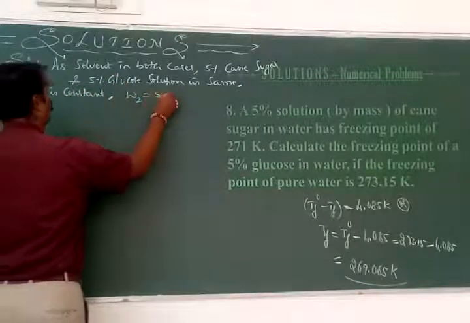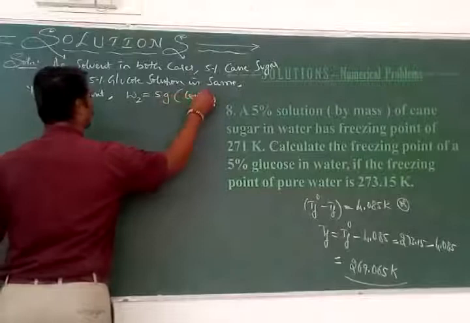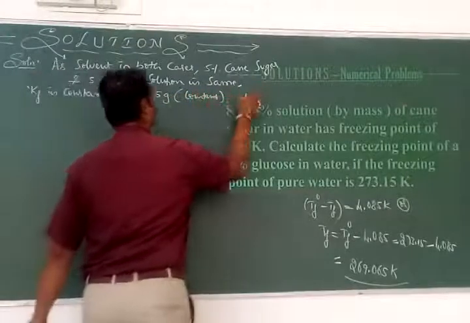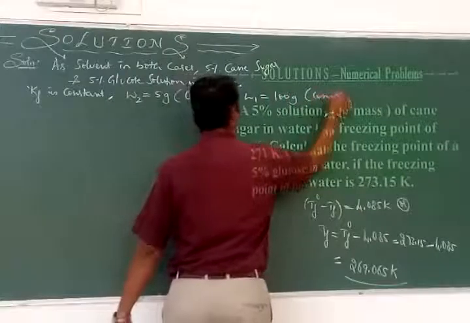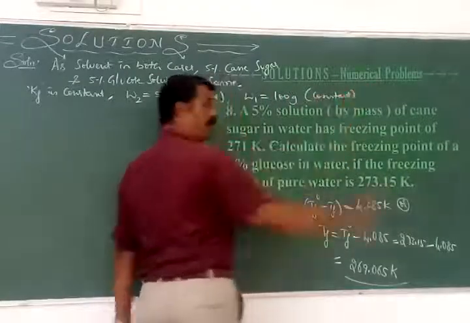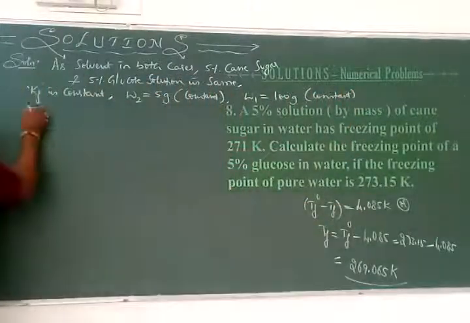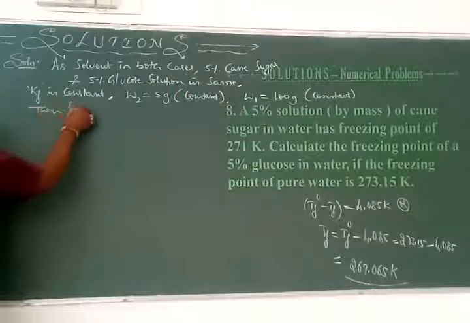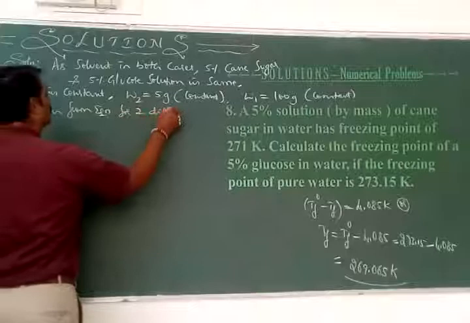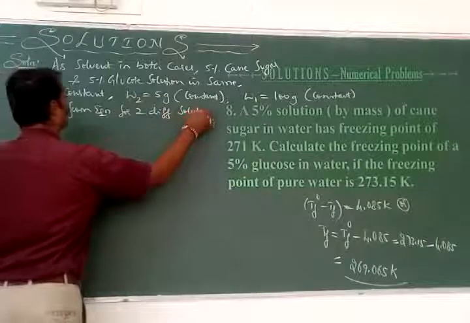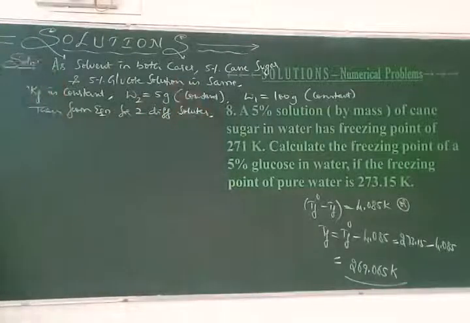W2 is equal to 5 grams, that is also constant. W1 is equal to 100 grams, that is also constant. Then, from the equation, for two different solutes,